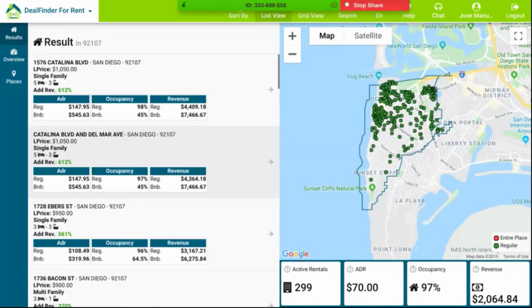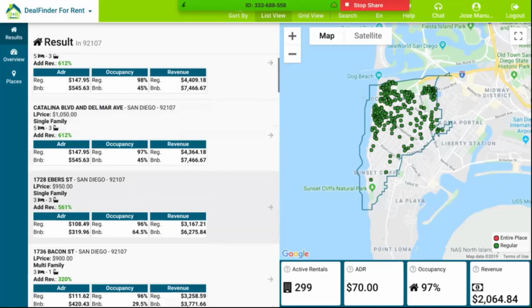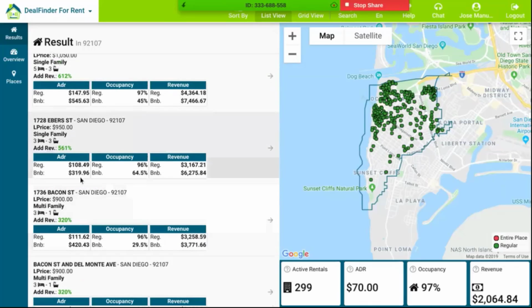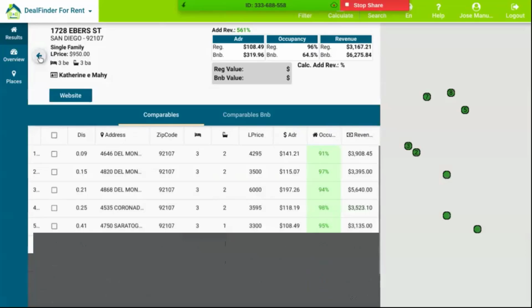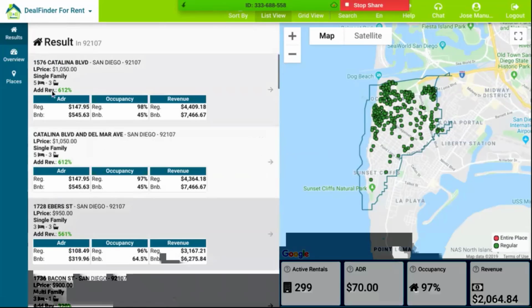So here you have some of the properties. I can see additional revenues. Some of the revenues are extremely high, like 600%, 500%. Usually that's because, for example, here, this is a 5-bedroom, 3-bathroom property.